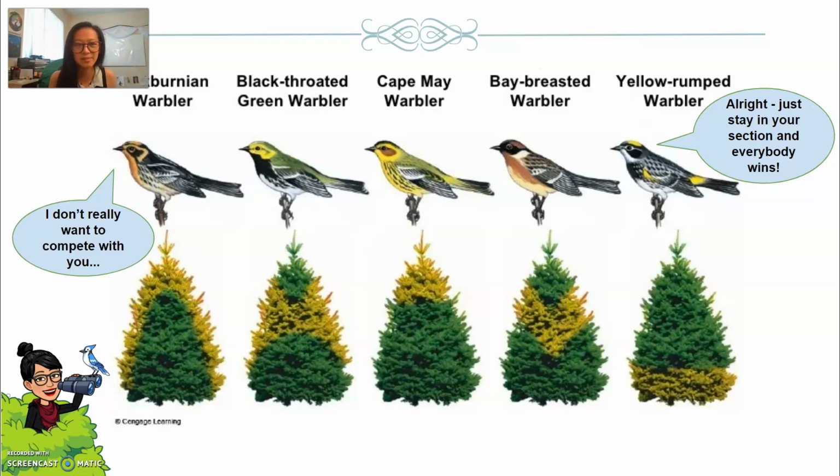The warblers here, they're different kinds, they're a type of bird, basically use resource partitioning to their advantage by splitting up the area of trees that they will live in, that they will find shelter, find food, that sort of thing. That way they're not all trying to fight for the top of the tree, but instead they all kind of know, all right, this is my area, this is your area, we're just not going to bother each other, right?